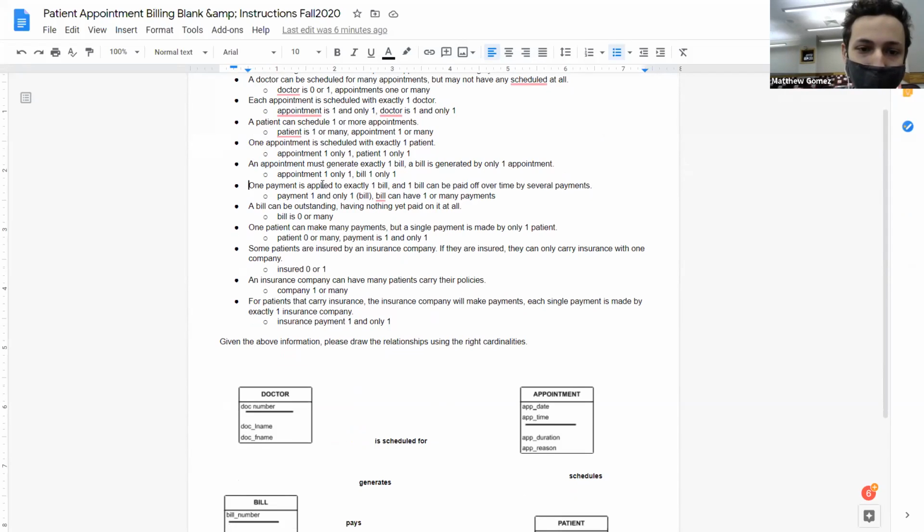For a payment that's applied to a bill, but you could have one bill paid off over time. So that payment is one and only one, because it can only be applied to a given bill. But for the bill, if you paid a bit in one month, a bit in the next, it could be one or many. So if you're designing an entity relationship diagram and you have some sort of payment system,